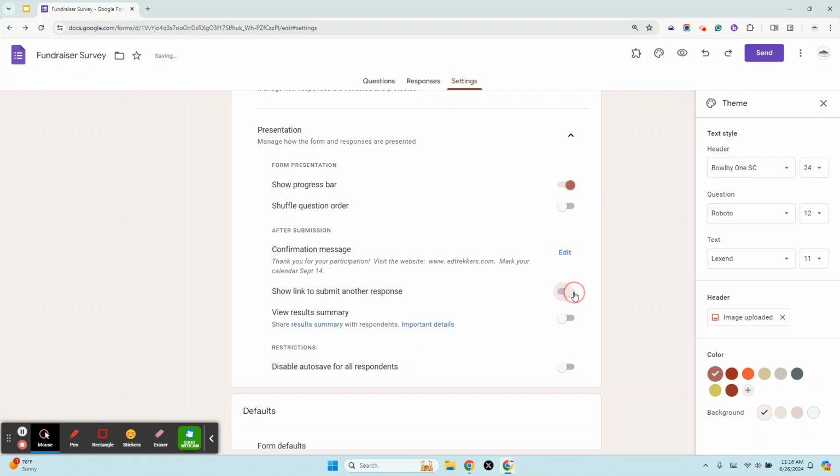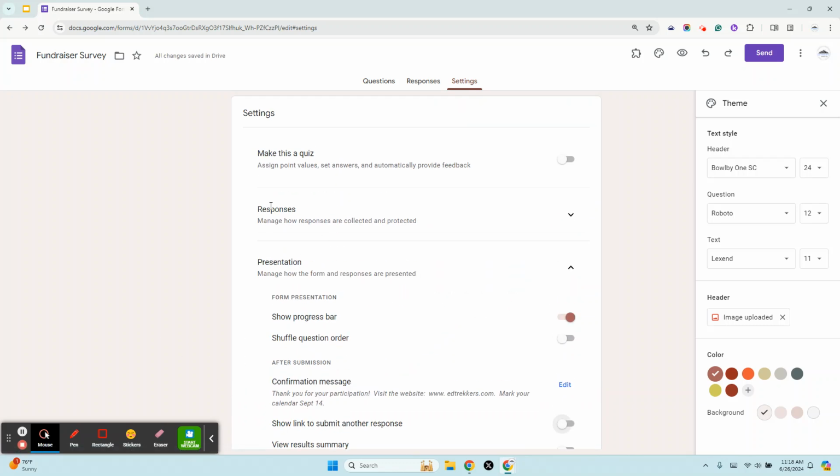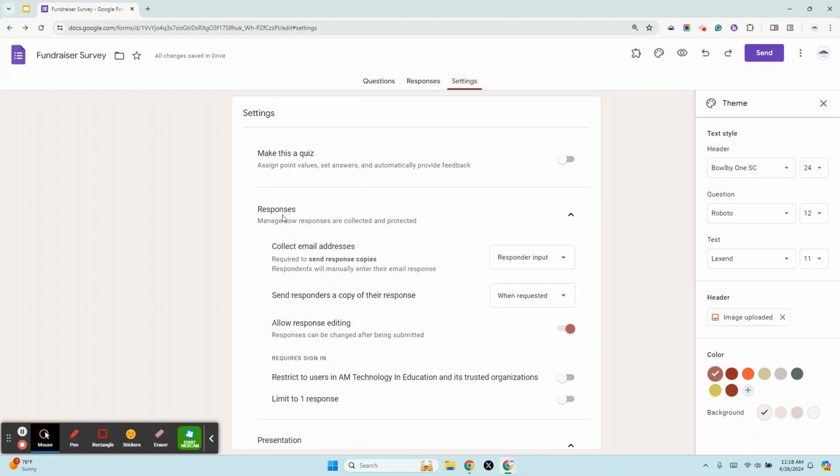It depends. Like, are you doing data entry? So you just want to keep going over, enter this, enter this, enter this. You're going to want a link to another response, especially if people have to enter 3 or 4 things. But if you're trying to limit it to one response, you definitely want to turn that off, right? When we edited our responses earlier,